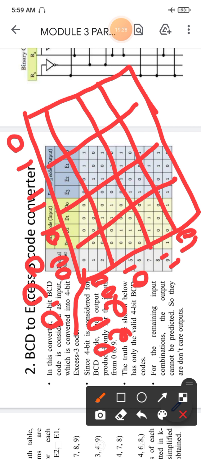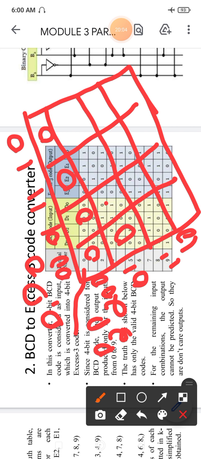So we can see from number 5 up to 9 it will be high. For 0 up to 3 and 4 it will be 0, and for 5 it will be high.